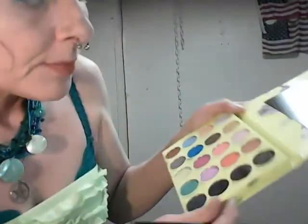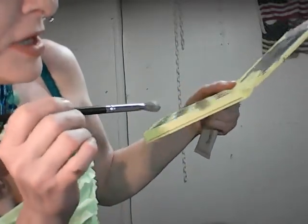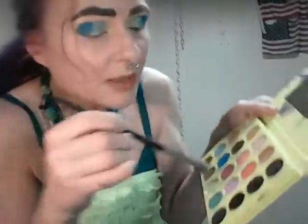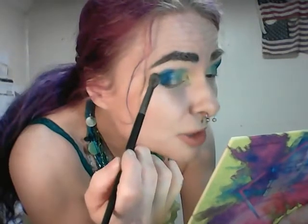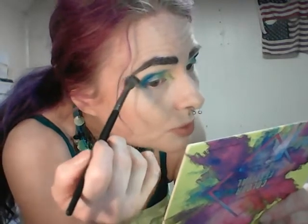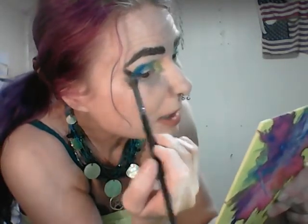Here's the same brush, the B&H Cosmetics Studio Pro number 5. And this is in this real dark purpley blue kind of shade called VIP. Looks almost black. I like to stick the tip on and turn it around. Now, this gets a little tricky. Want to start kind of at the edge where you want it to the limit, which is usually the tip of your eyebrow, and come in toward